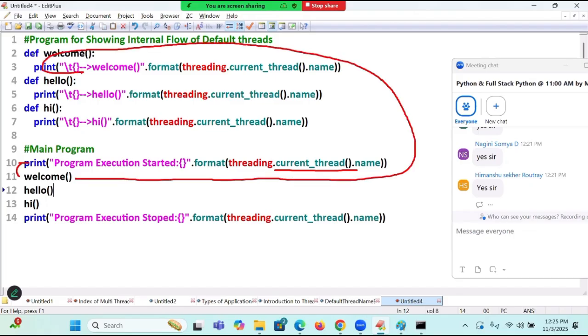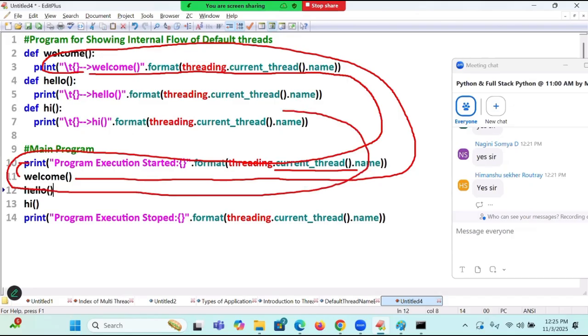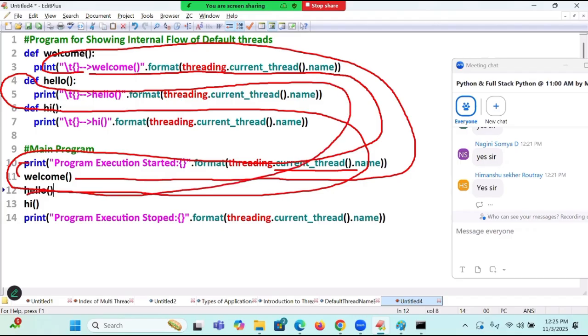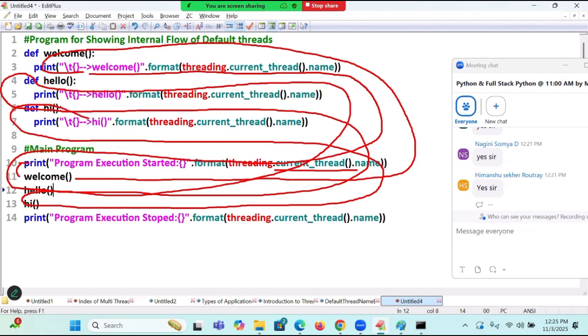Which thread? Main thread. After that, coming back to the main program, hello. It will go to the hello function, execute it, and then come back. Hi: it will go to the hi function and execute it. It will come to line number 14. I think you are following. So a single thread is executing all my functions.